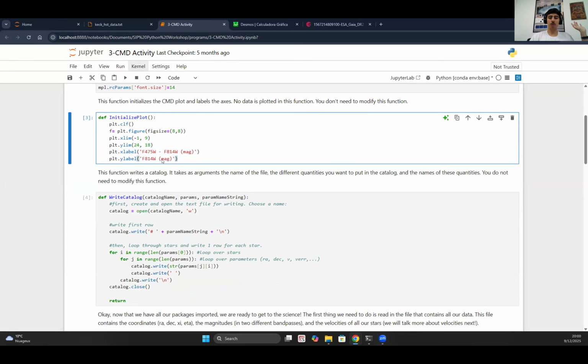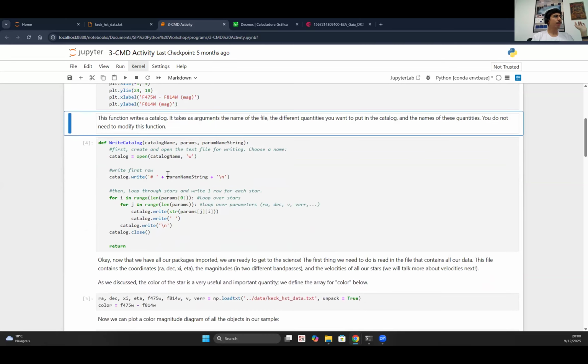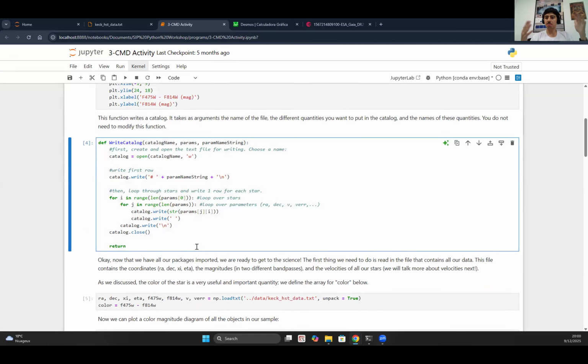So this is simply the function that will help us make our nice plots. And then here we have a function that, I will not go into detail on it because it will take a lot of time to explain the logic behind it. This one is mostly just to make it quicker to choose a set of stars that we will pick from a set of conditions after we do the activity, and simply save those stars into a separate document with the